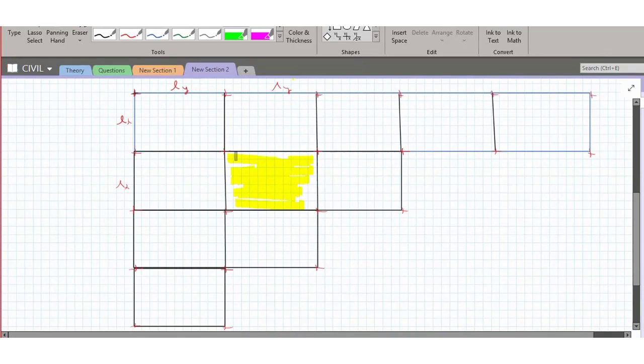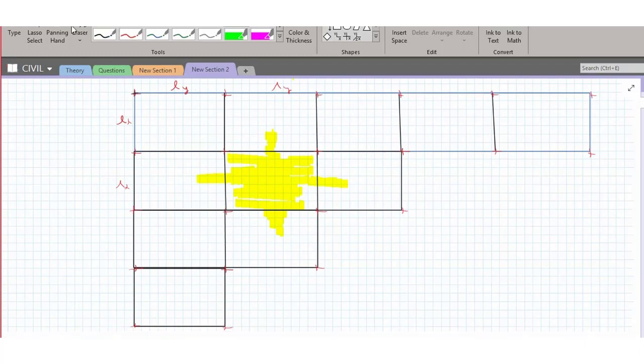Now here, if I see the boundary condition, what boundary condition are you going to say? The slab is actually continuous on all the four edges. Here you see the slab is continuing in this direction, and the slab is continuing here, and here. So this slab is continuous in all four directions.